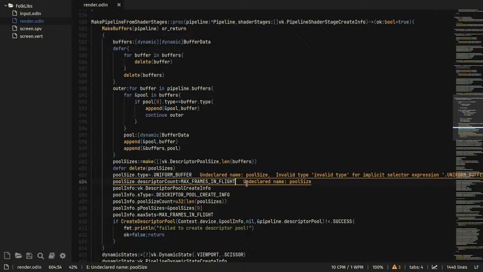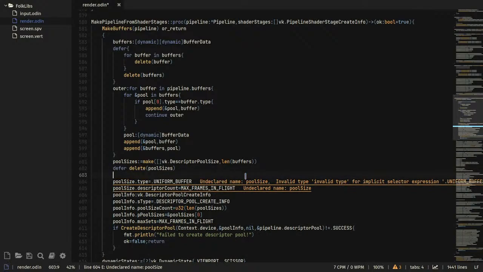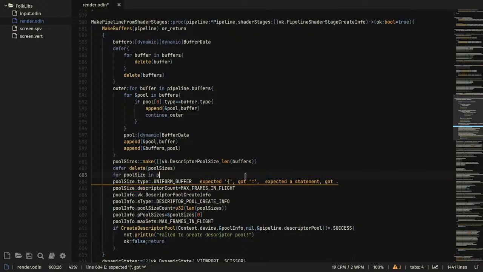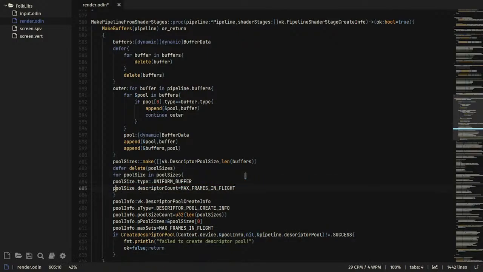But for now, whatever. I'm not currently supporting having only one and not multiple of max frames in flight. Okay, cool. So yeah, let me iterate through these. For size in pool sizes. I should do that. Cool. And type is it's